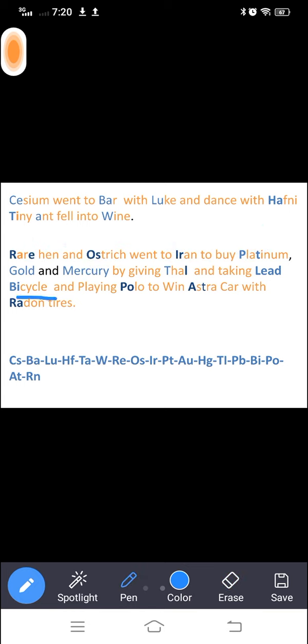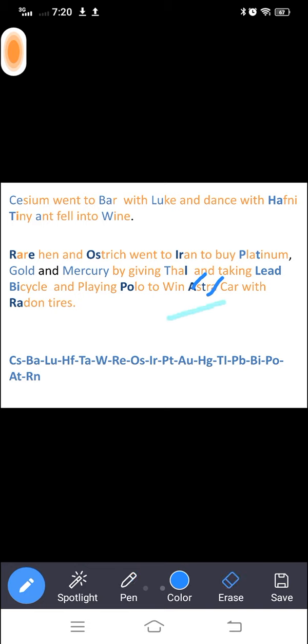The bicycle which is made by the lead, BI, bicycle. Bismuth, BI, it represents the bismuth. And by taking the lead bicycle, they're playing the game. The name of the game is Polo, PO, polonium. Once they win that game, they got the prize Astracard, AT, Astatine, with radon tires, which is more